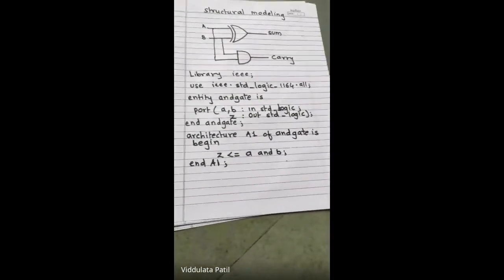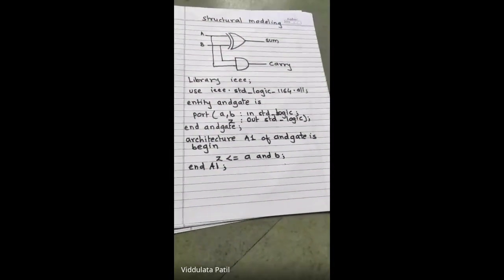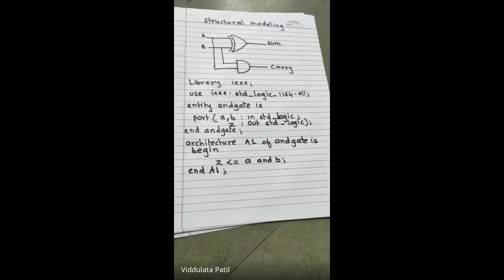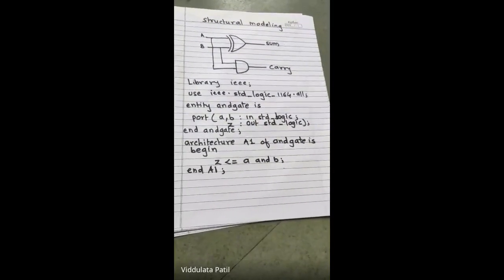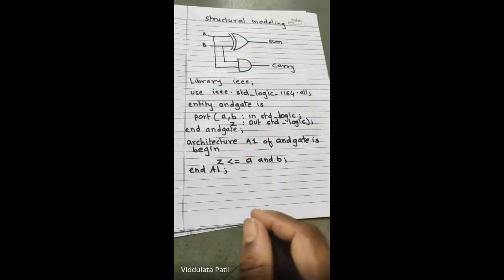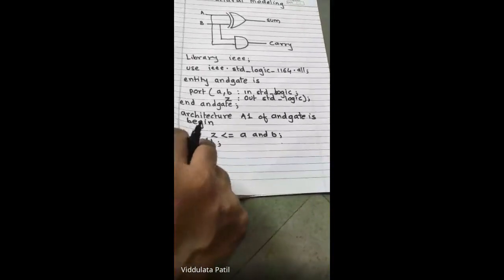So what we have done here, we have declared architecture of AND gate A1, architecture A1 of the entity AND gate. Okay, म्हणजे आपण इथे काय केलं, AND गेट साठीचा प्रोग्राम लिहिला, VHDL प्रोग्राम लिहिला. ओके, त्याच्यानंतर आपल्याला काय करायचंय, आपल्याला XOR गेट यूज करायचंय. So we will use XOR gate.